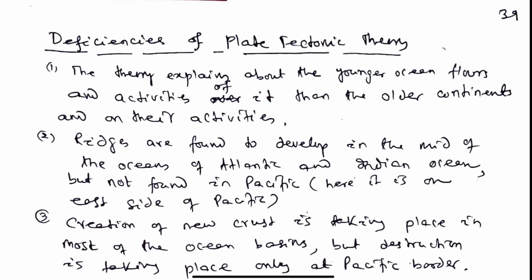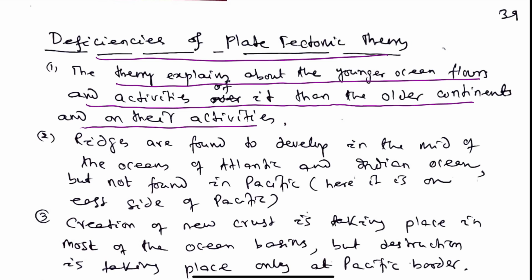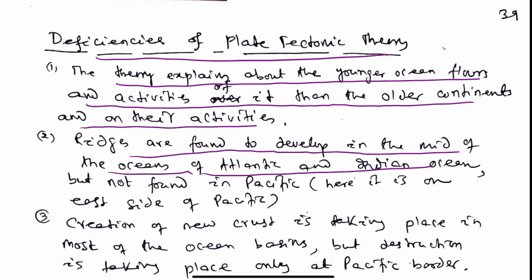Now we will discuss the deficiencies of the plate tectonic theory. The theory explains the younger ocean floors. Plate tectonics speaks about the formation of the new ocean floors and their activities, rather than the older continental plates and their activities. So plate tectonics especially deals with the formation of the new oceanic crust and destruction of the oceanic crust at the trenches. Ridges are found to develop in the middle of the Atlantic and Indian Oceans,